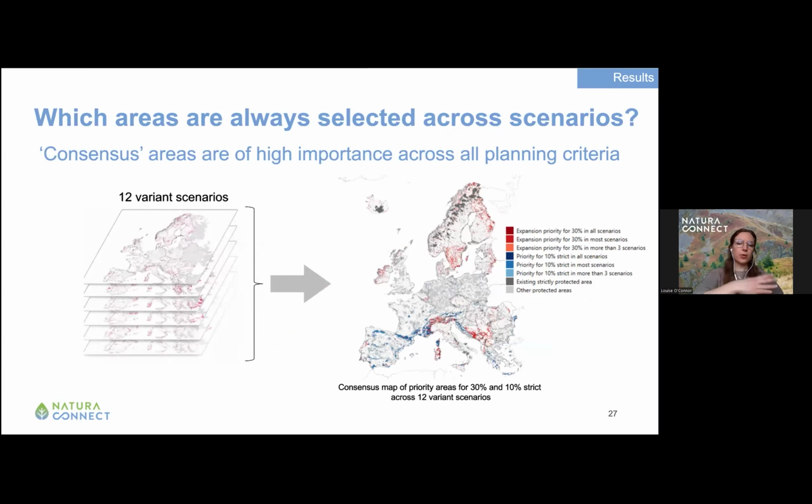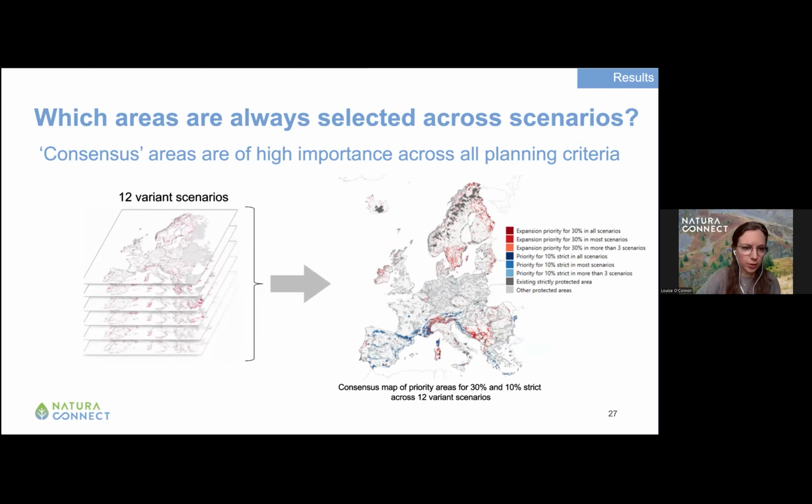And once we have all these scenarios that I mentioned earlier, the 12 scenarios, we can also look at which areas are always selected across different scenarios. And so that allows us to identify consensus areas that are of high importance across all planning criteria, so including species and habitats, but also cultural and regulating benefits, climate change and connectivity.